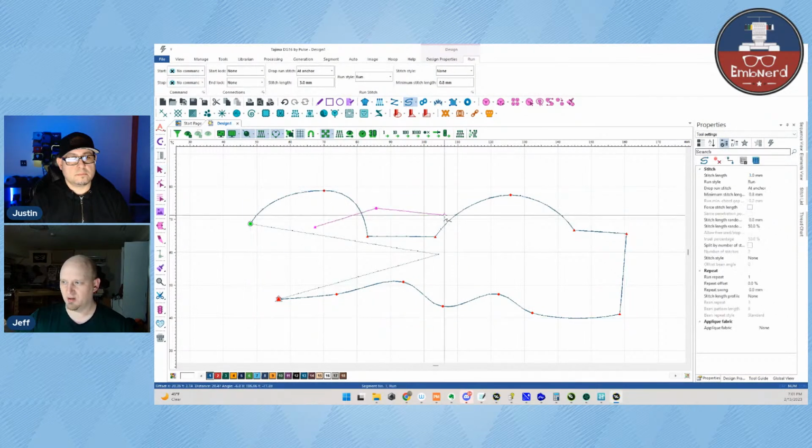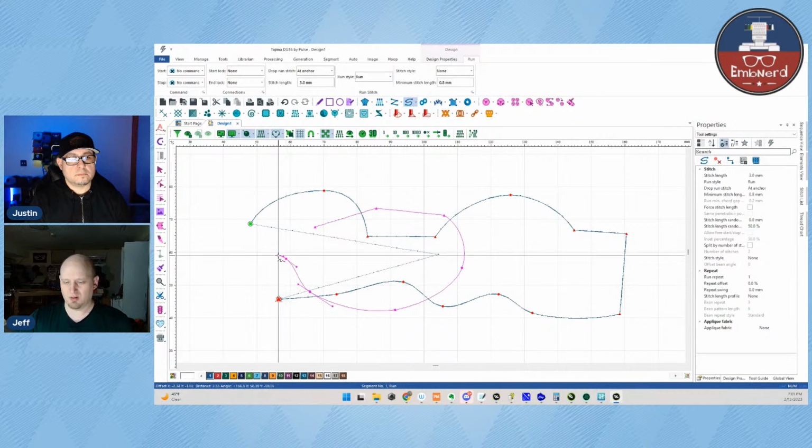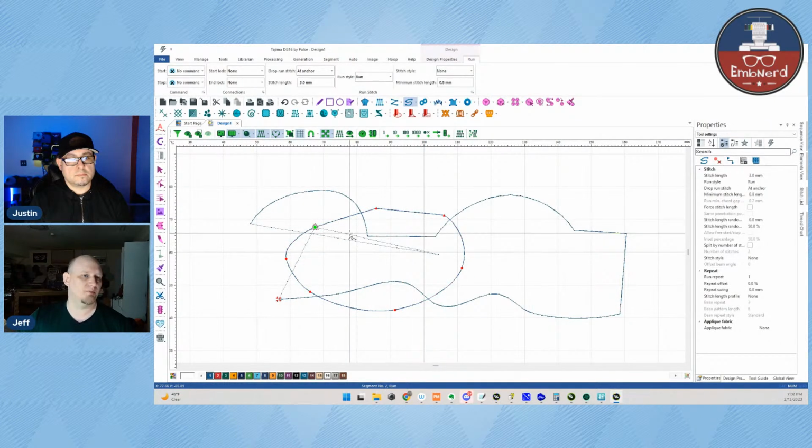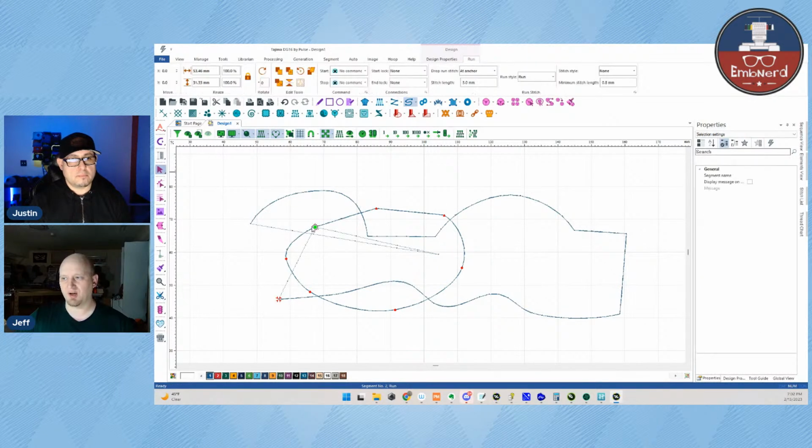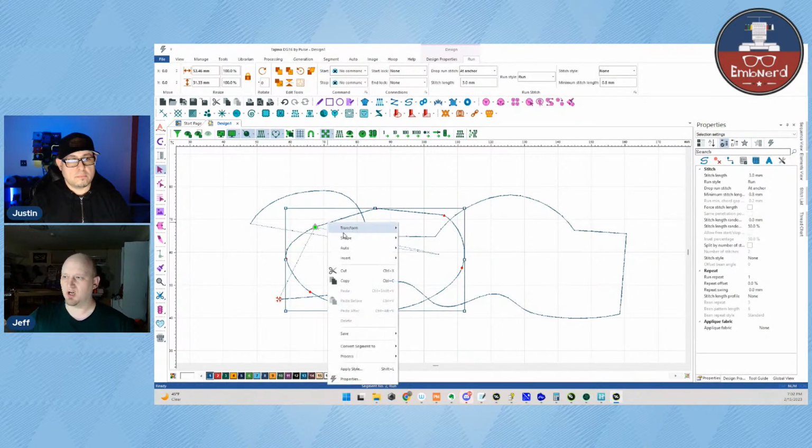It's just going and you're plotting. And if I hit the O key, which is something that's really, really cool, it'll close the open shape. So if I was doing a run stitch around an object and I go, oh, wait, when I get around to the other side, I didn't want that to be a run stitch because I want to be able to close it. One of the nice parts about this software is that you can hit the O key and close that shape, and now you can edit it or convert it, in this case, to a complex fill, which is something that's kind of unique to this software that I know in Wilcom,